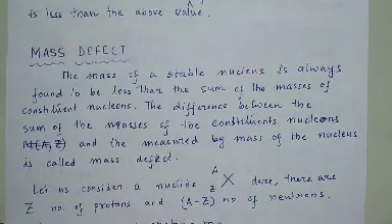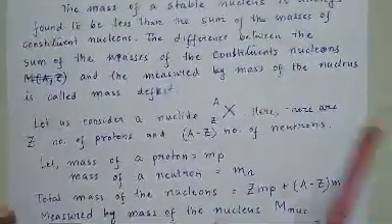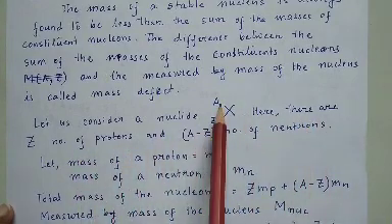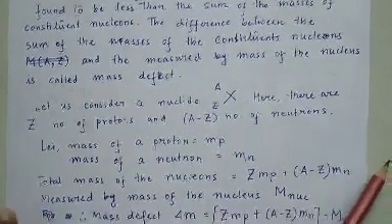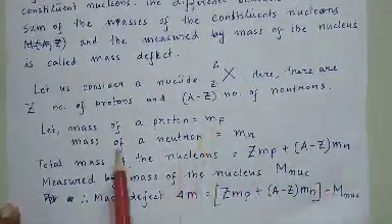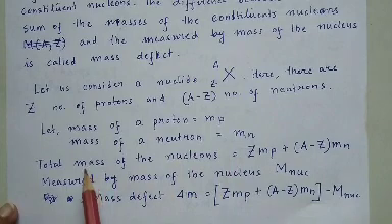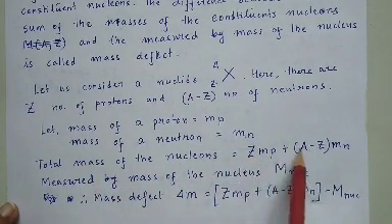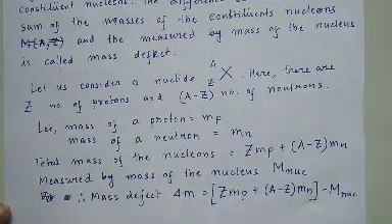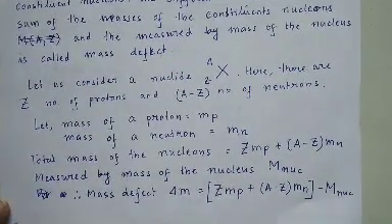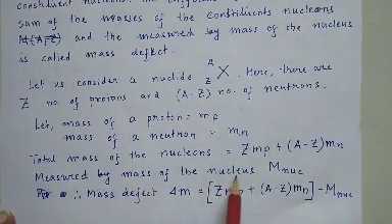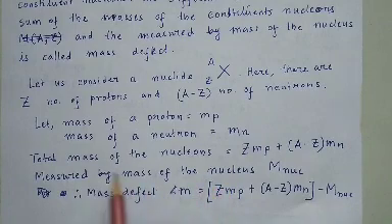The difference between the sum of the masses of constituent nucleons and the measured mass of the nucleus is called mass defect. So let us consider a nuclide with the symbol XZA. So there are Z number of protons and A minus Z number of neutrons. If mass of one proton is mp and mass of one neutron is mn, then total mass of the nucleons is Z into mp plus A minus Z into mn. But as we know that for a stable nucleus, measured mass or the actual mass, original mass of the nucleus is somewhat different from the total mass of nucleons, and let it be M